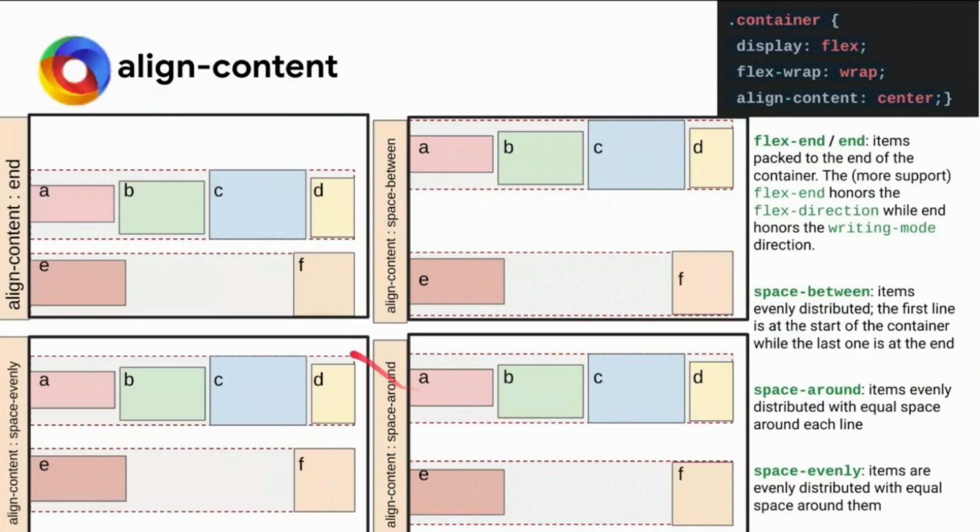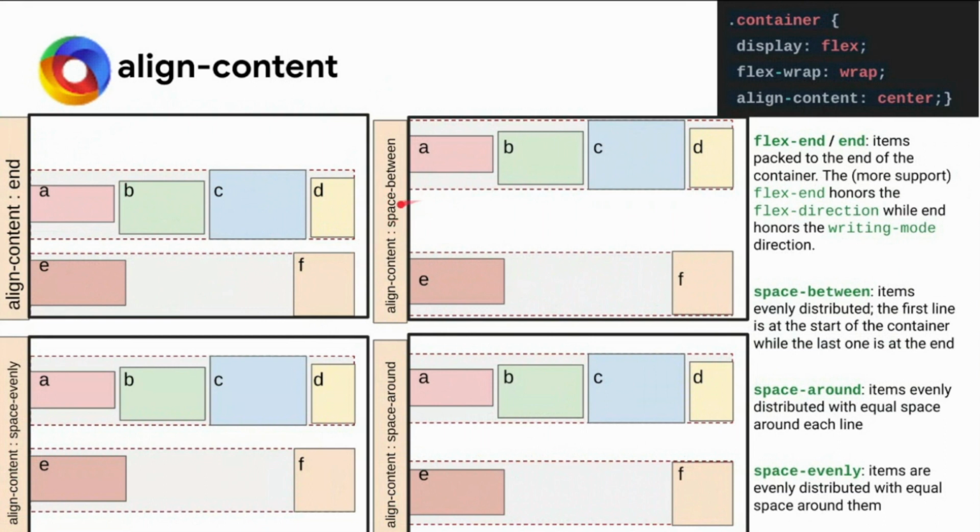Same way, if we put align content end or flex end, what it will do is everything comes to the bottom. This E and F come to the bottommost, and this one comes a little more up, so that we can see the content. So here this entire block, the dotted one, moves instead of the inner element. Inner element doesn't care, so for each of the lines you can alter the way it is.